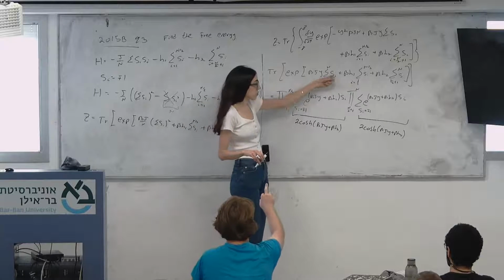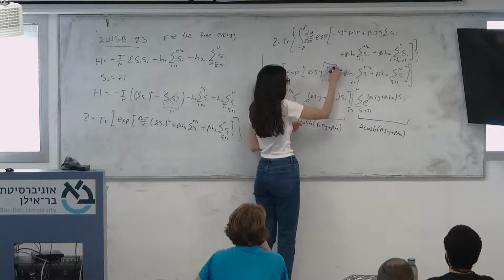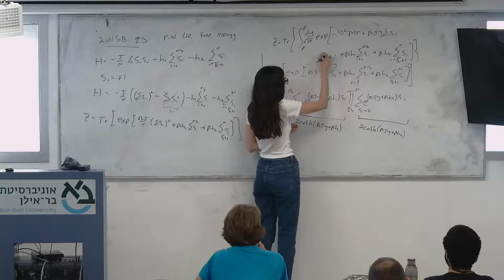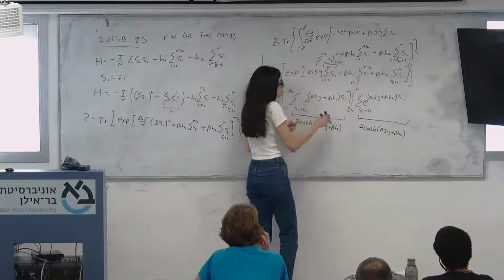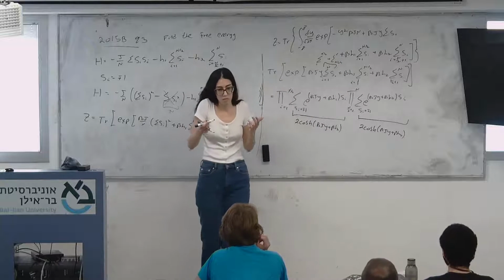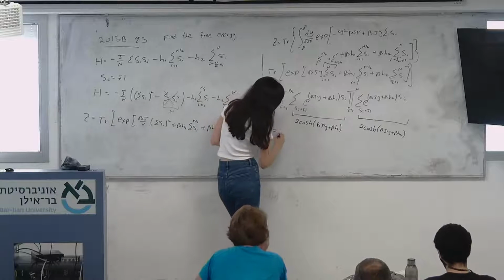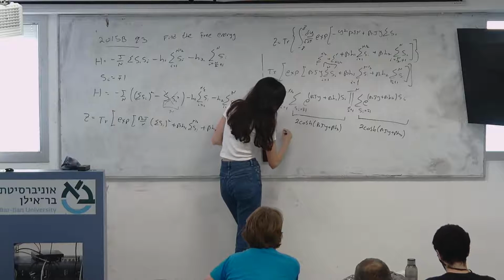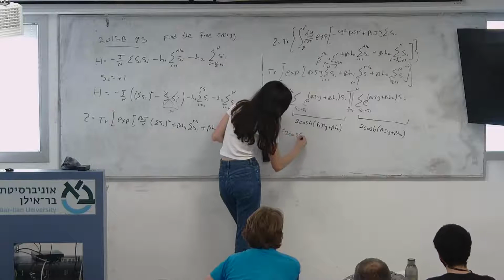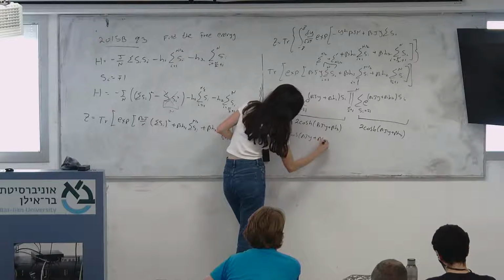And this one appears in both because this is like writing: I have the sum from i to n over 2 plus the sum from n over 2 to n. I can always write that. Okay. So this is overall 2 cosh(βJy + βh1)